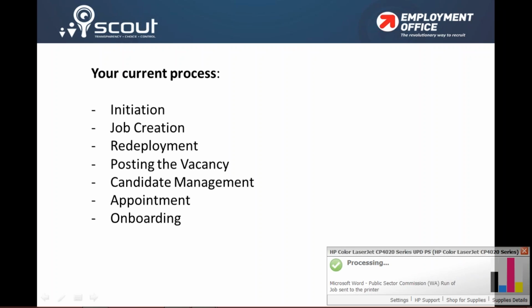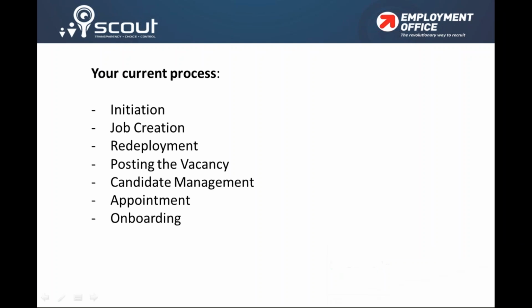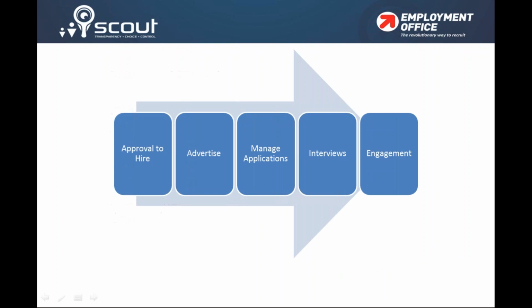On to an appointment, once you've gone through that process, great news is you've got a successful candidate. What does that process look like? The letter of offer, the bringing them on board, and ultimately the onboarding, so having them affiliate within your relevant systems, ready to commence employment on day one. So that's really the 7 key steps, and what we'll do now...